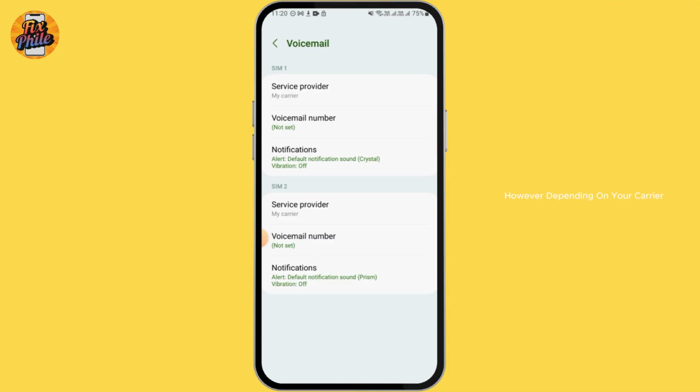However, depending on your carrier, you may need to dial your own phone number instead. Just enter your phone number on the keypad and tap call. When the voicemail system answers, it will guide you through setting your PIN, creating your personal greeting, and adjusting any